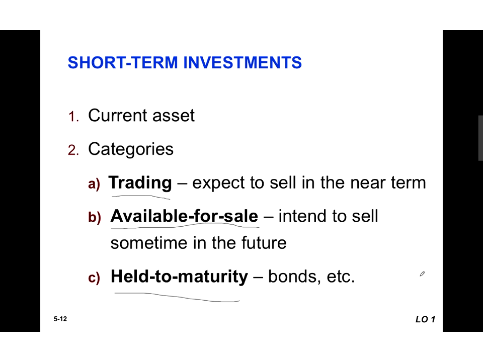Trading securities are going to be the big focus of what we do in this chapter. We're going to get to a later chapter where we'll look at held to maturity, but you need to know the three categories right now. The difference between the first two categories is intention. Do we intend to sell this rapidly, or do we intend to just kind of hold on to it and sell it when it makes sense, or do we intend to hold it to our maturity date? Only bonds can be in the last category, but bonds can be in the first two categories. Stock in another company has to be in one of the first two categories.